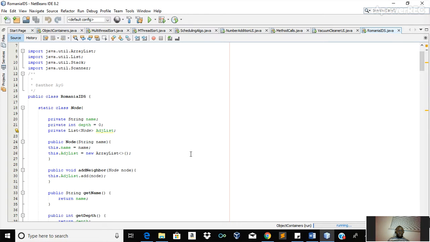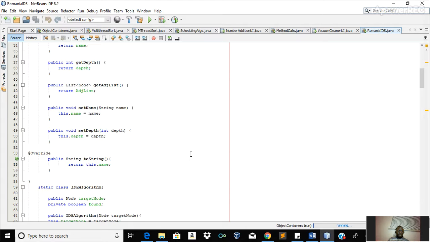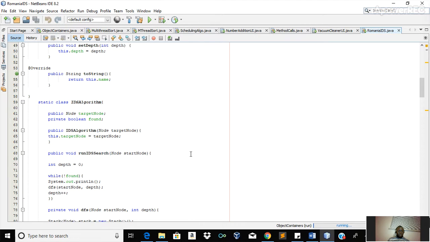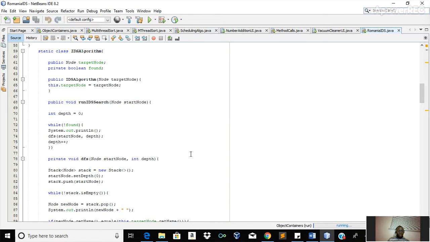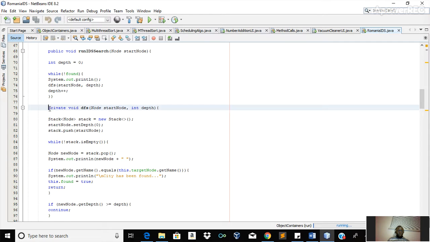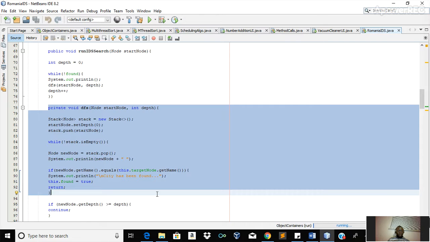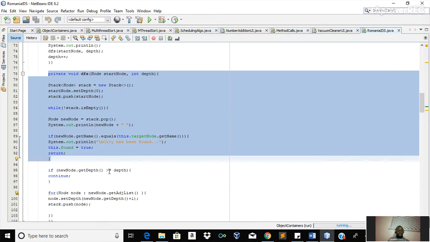For the DFS, I used the stack to do the implementation in here. For the DFS method itself, it calls a stack and implements